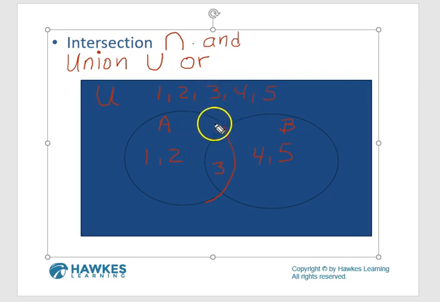Now, if we wanted to show the intersection of set A and B, we would often do so by coloring in this part. This is the intersection. If we wanted to show the union of set A and B, we would color the whole thing in. So this is some background, and now we'll move on to our regular